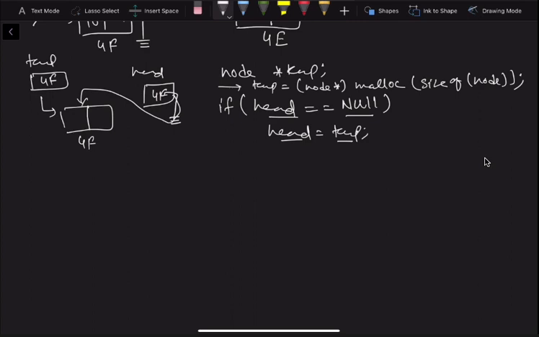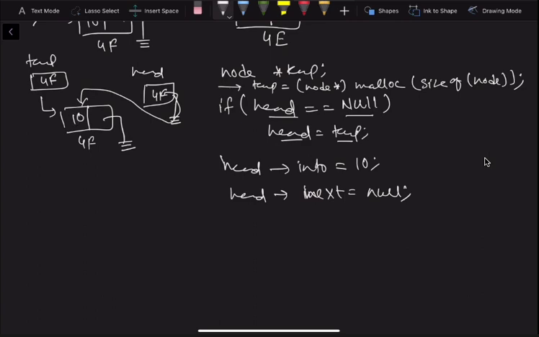When the value of temp and head both are same, it is pointing to same node. Now what you can do is, now you can write head information is equal to 10 and head next is equal to null. Now this will have next null and this is having 10 because head is pointing to it now.